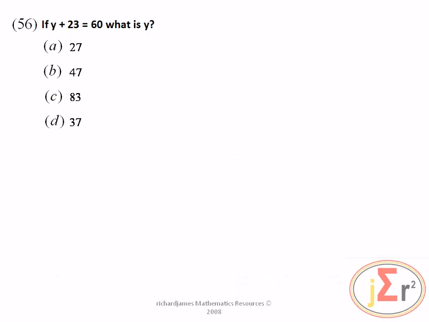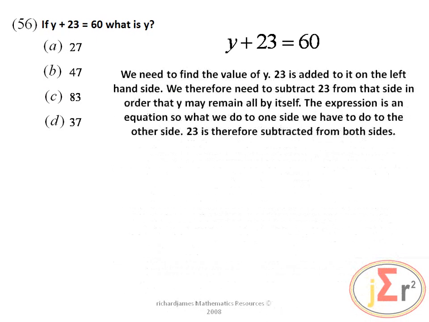If y plus 23 is equal to 60, what is y? So y plus 23 is equal to 60. We need to find the value of y. 23 is added to it on the left hand side. We therefore need to subtract 23 from that side in order that y may remain all by itself. So we need to eliminate that 23 from the left hand side. In order to eliminate that 23, notice that it is added, so we are going to subtract 23 from the